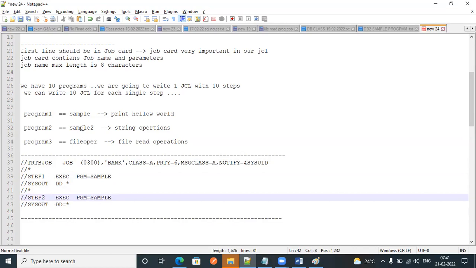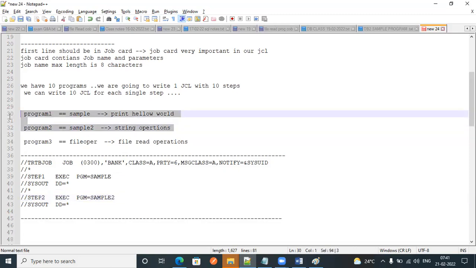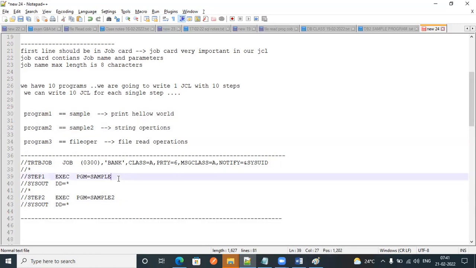Here in step 2, I'm going to execute the sample 2 program. Here we are not passing any input through a file, so we directly give PGM equal to the program name and SYSOUT. Okay, just observe here.